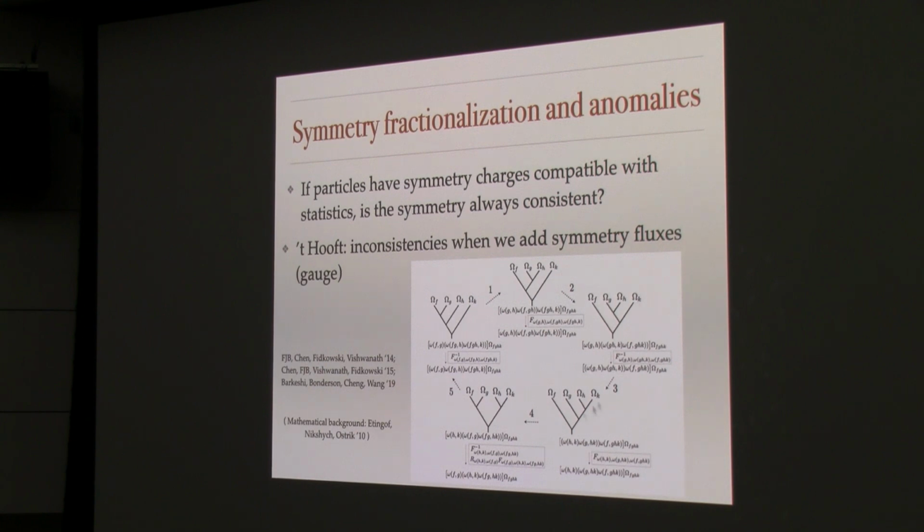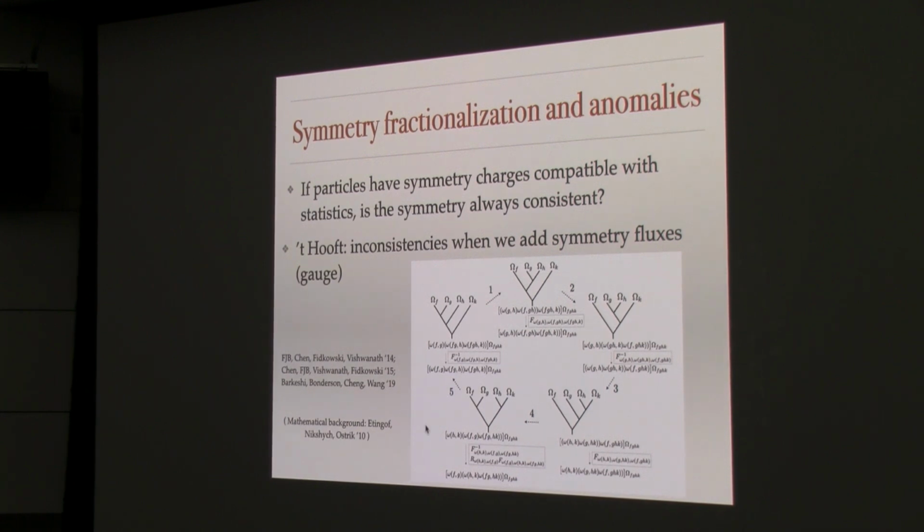And what this picture is showing is that there are some consistency conditions that these different ways of combining the symmetry have to satisfy. And what you find is that if you choose the wrong kind of symmetry action with these assignments of charges on your emergent particles, this data is inconsistent, okay? And so this is what we call a 't Hooft anomaly. It means that if we try to add these fluxes and make a consistent theory, basically things break down.